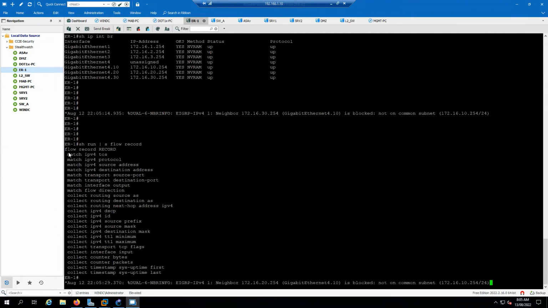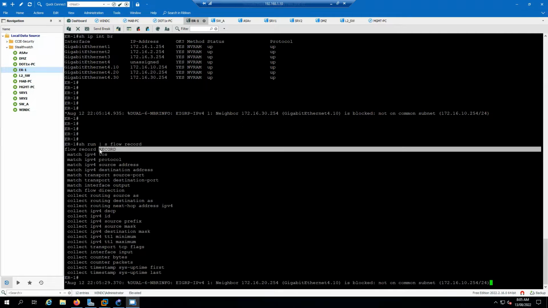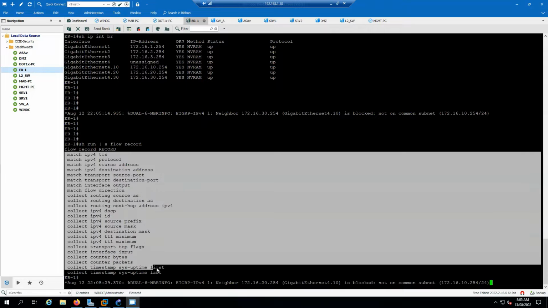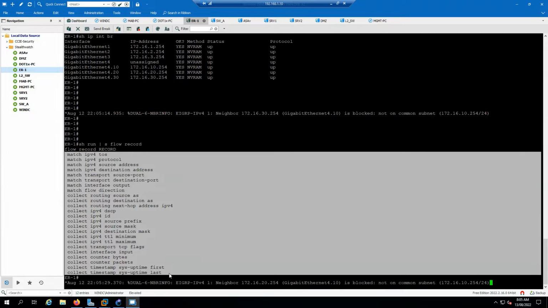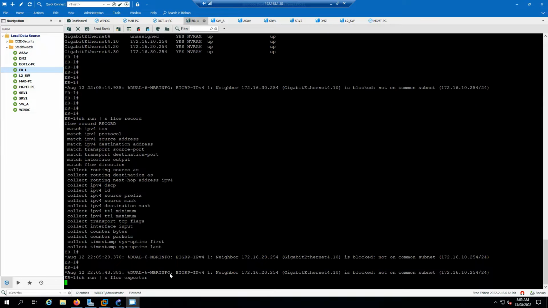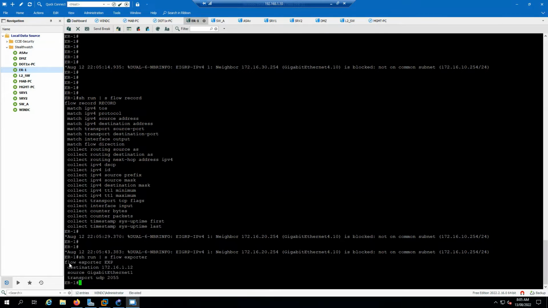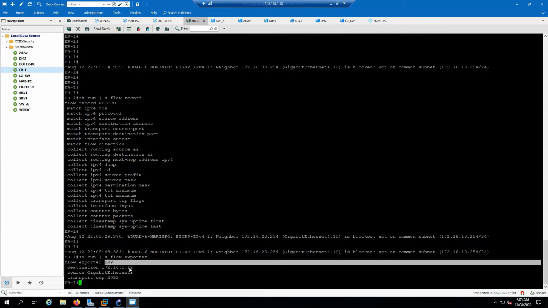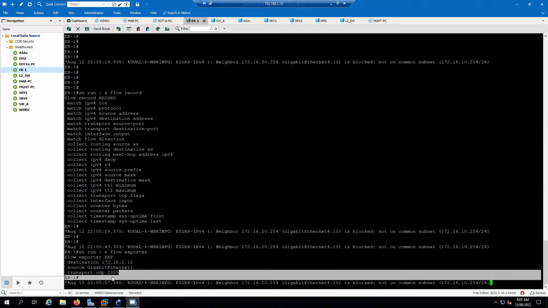I matched the traffic: I created a name, I gave it a name. Within that name, I have matched different types of traffic. These are the different traffic types which I defined. The next thing I did was define my exporter. I told my exporter where the exporter is located and on what interface